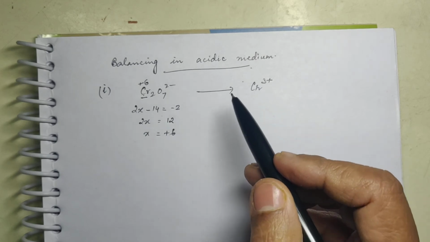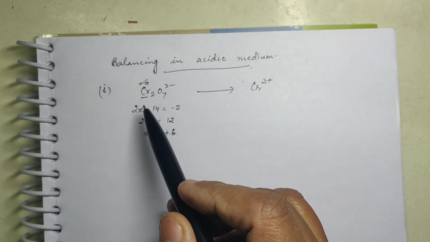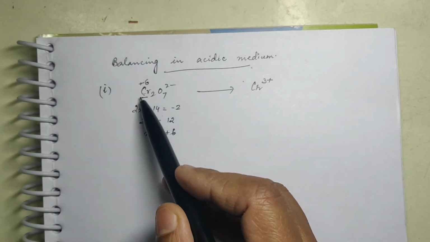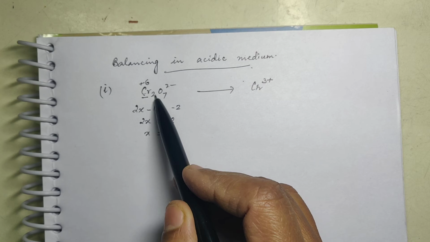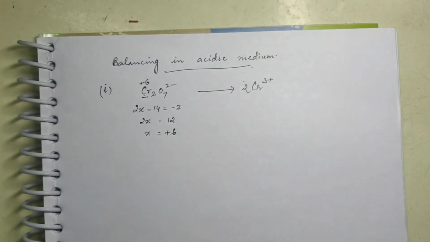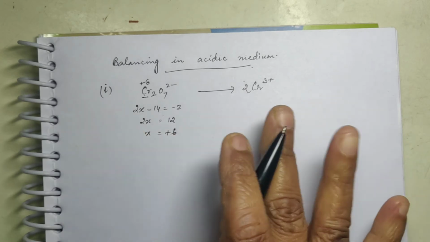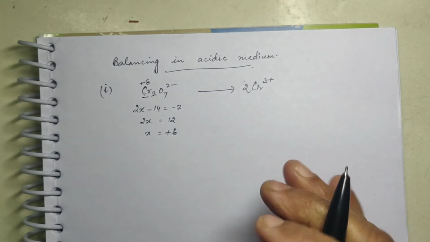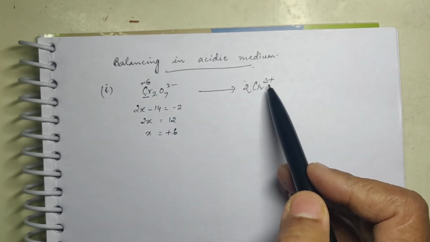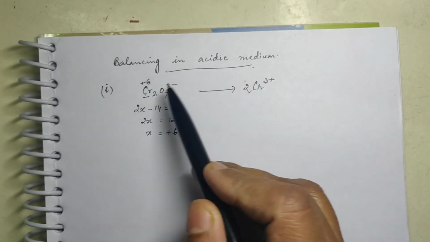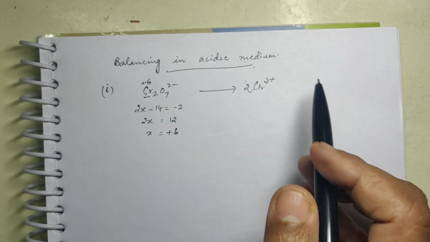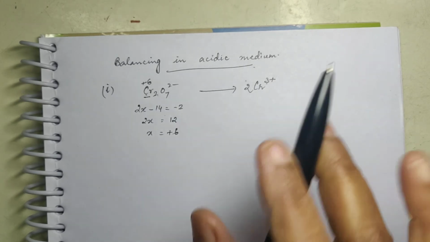Now what is the first point? You have to balance all the atoms other than oxygen and hydrogen. So other than oxygen, only Cr is left. It is 2 in number. So you will put 2 here as a coefficient. Then after the first step, the second step is to add electrons suitably. Now here plus 6 is getting reduced to plus 3. Reduction, is it not? Charge is reduced means reaction is reduction. Now reduction means gain of electrons.